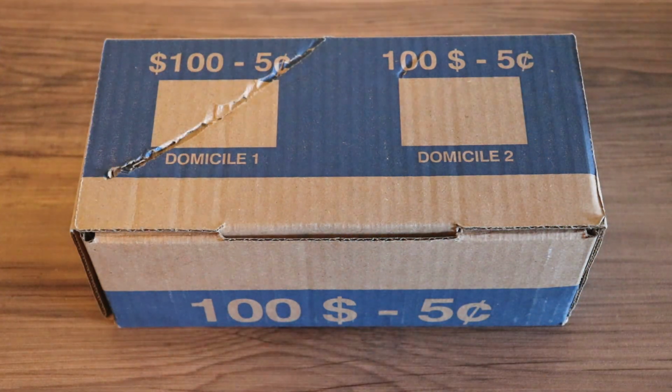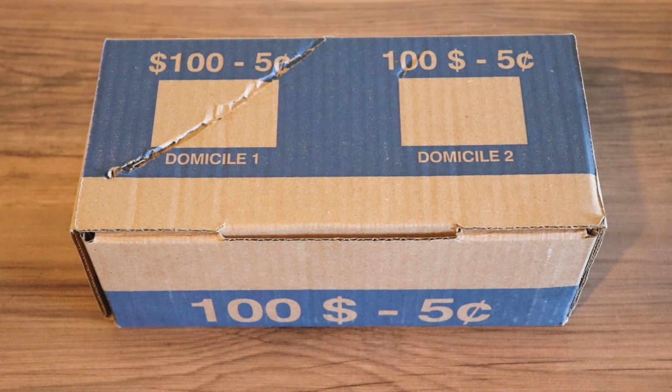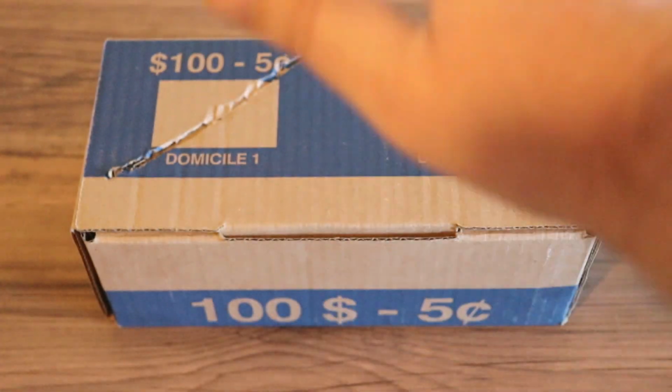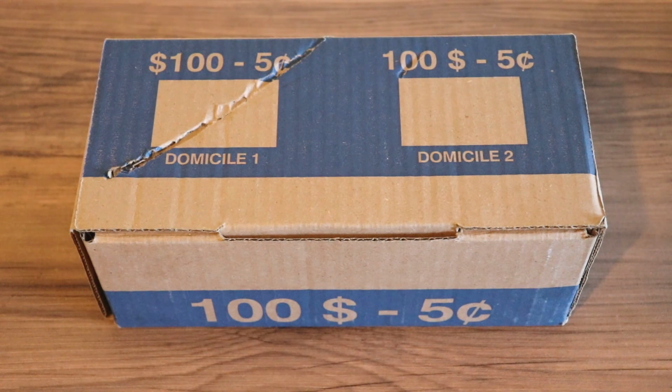And even if it's not one of those, it'll be ARP a lot of the time as well. So I just like to save myself the trouble, and a lot of the time I'll grab individual bundles of nickels. I've had a lot of success doing this in the past, and I have stumbled across some pretty epic collection dumps. And if you aren't getting uncirculated or ARP or searched rolls, then you're probably getting your nickels in